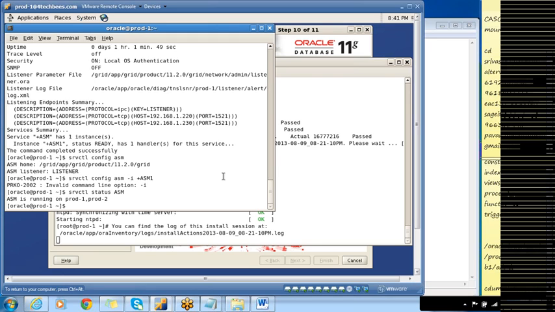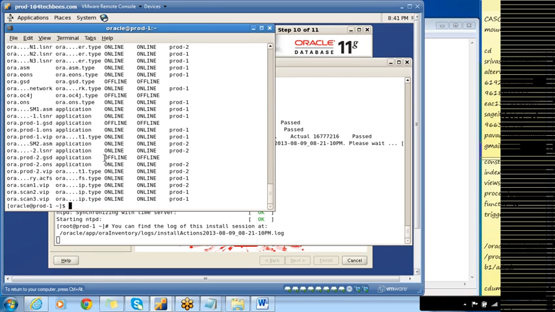And without bringing down the cluster, if you want to stop all the resources in the cluster, that means all these resources reported under crs_stat -t, we'll go for crsctl stop res -all. This will bring down all the resources which are present in the cluster of prod1.